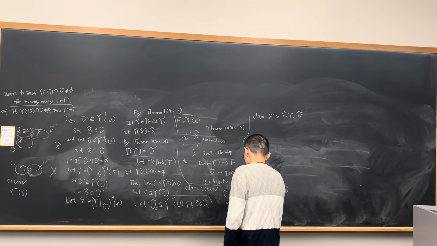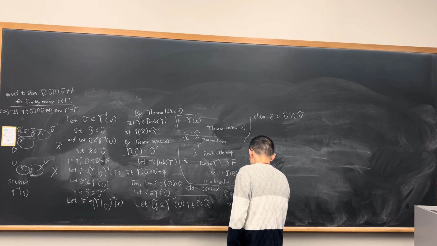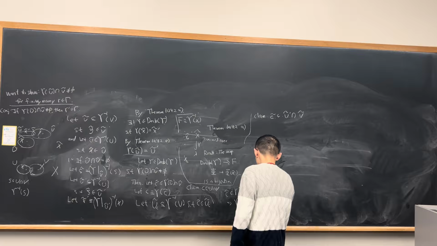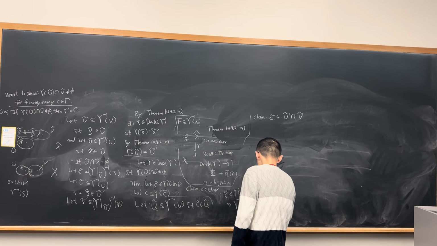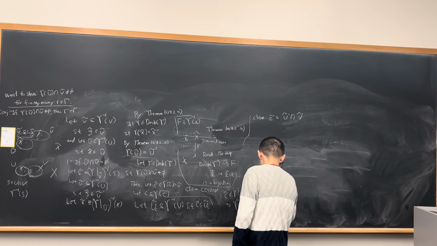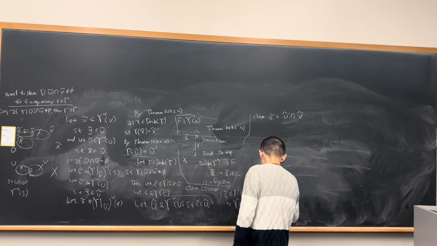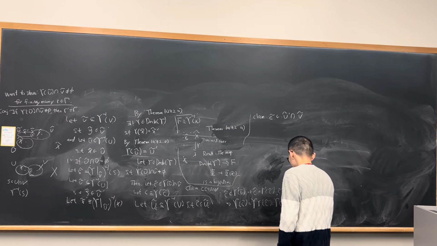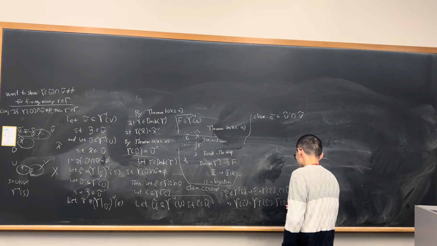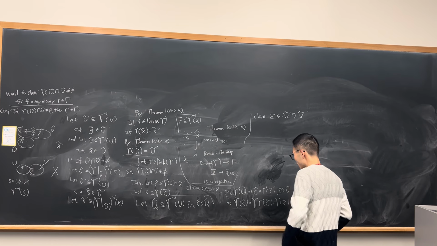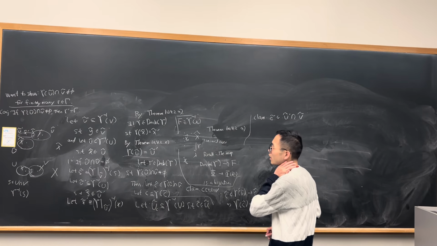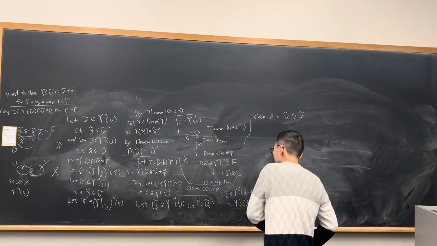Then this implies that gamma of C tilde, which is equal to gamma of gamma prime of C tilde prime, which is equal to the big gamma of C tilde prime, and by definition this lies in U. Okay, so once I show that, then